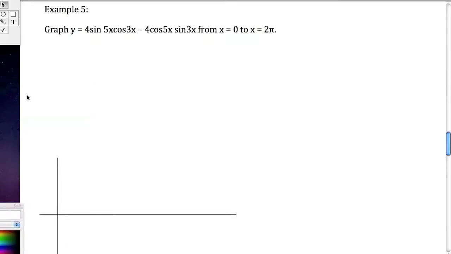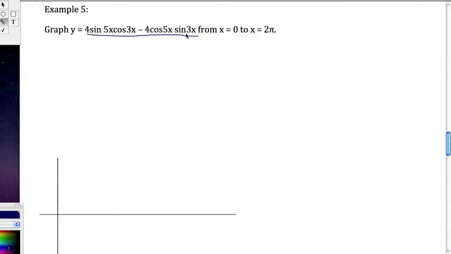Okay, this is the second part of sum and difference formulas. And we're going to go through a couple more examples. In the first one, we're going to combine skills from last chapter with skills from this chapter by graphing this big, long function here. Okay? It looks pretty daunting,